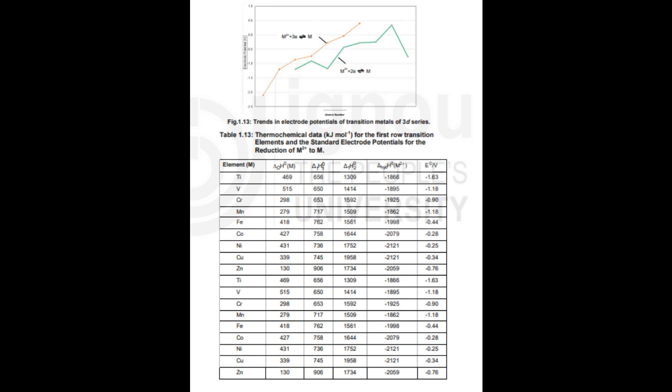Electrode potential. When a metal is placed in a solution of its ions, a potential difference is set up between the metal and the solution. This concept is illustrated in Fig. 1.12. Look at the screen. The value of this potential difference for a particular metal depends upon the particular metal, the concentration of the metal ions in solution, and the temperature. By convention, the potential difference set up in a 1 M solution of metal ions at 298 K is called the